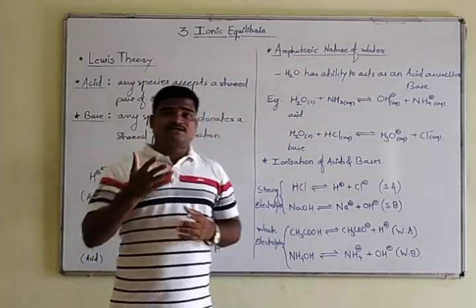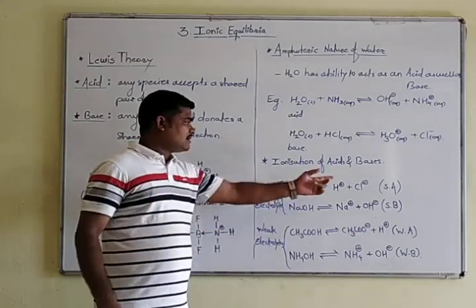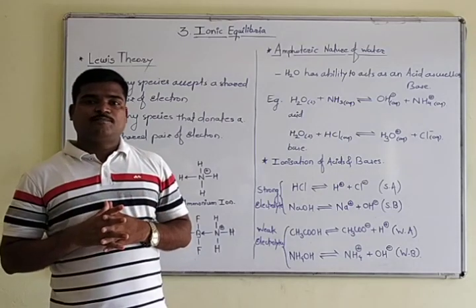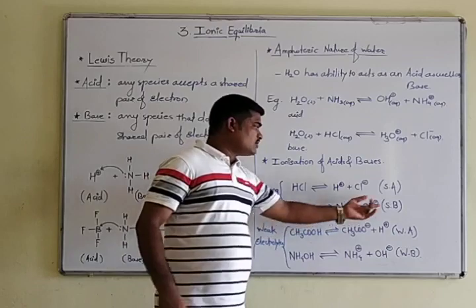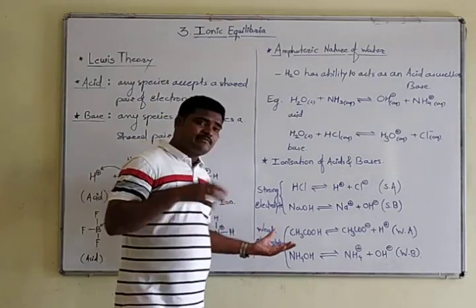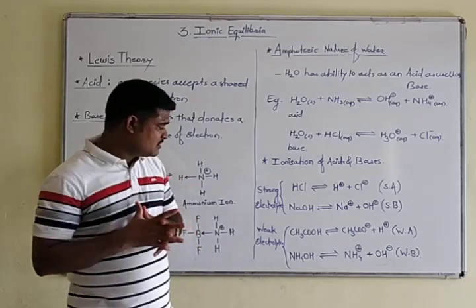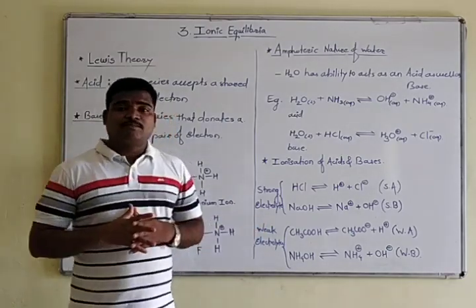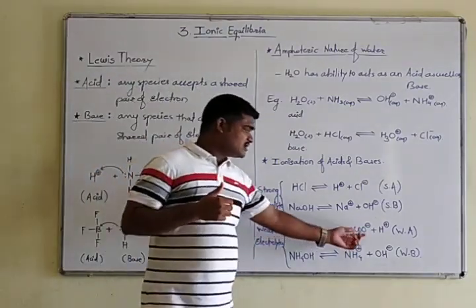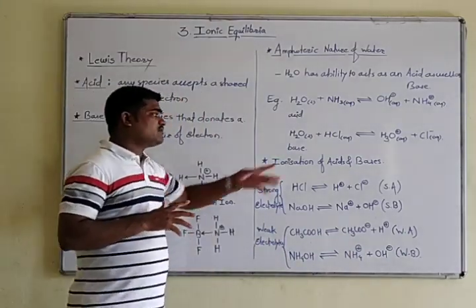We can also take some other examples of ionization. This is not limited. We can take other examples of strong acids like H2SO4, HNO3, and for strong bases we can select KOH. There are a number of weak electrolytes, weak acids and weak bases, present in nature. You can take their examples and ionize those electrolytes in the form of their ions. So this is the case of ionization of acids and bases.